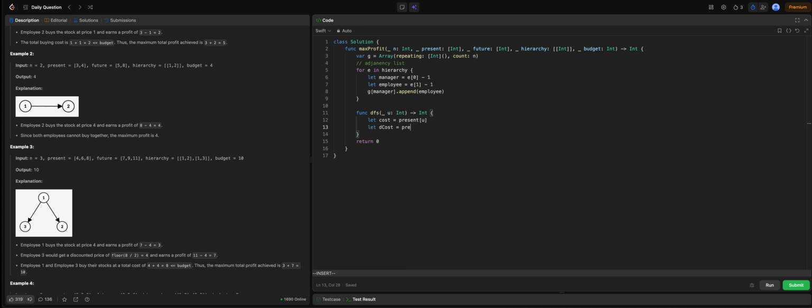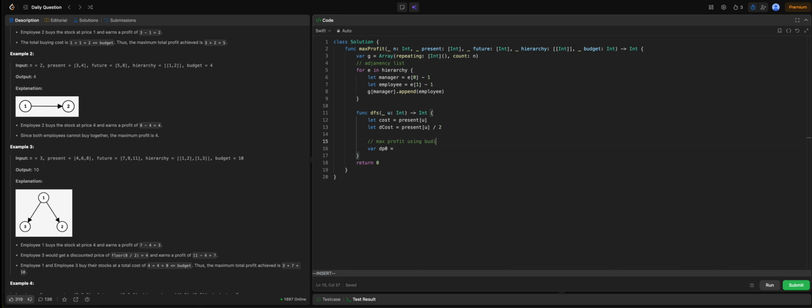That will be the present of u divided by 2. So that is a discount price. If our manager purchases the stock price, we as an employee will receive a discount price. And then I'm going to need the dynamic programming array, just to keep the maximum profits of budget I, where the employee's parent did not buy. I mean, we don't have a discount. Let's call it max profit